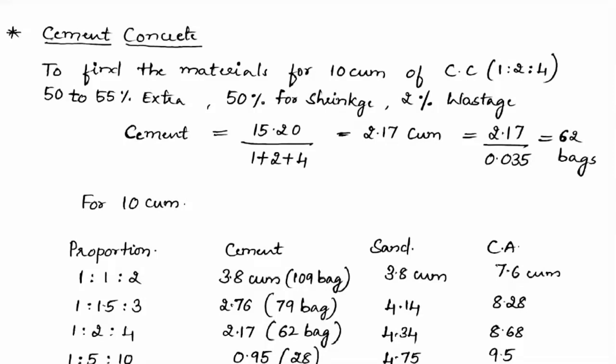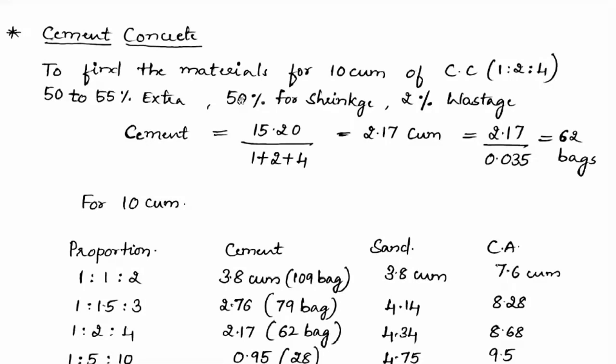When you add water to that volume, it is going to shrink and its volume will be less. So dry volume will be different, wet volume will be different. So 10 cubic meters is the wet volume required for us. But in actual practice, when we are mixing, we mix it dry. Cement will be dry, aggregates too, and afterwards you add the water.